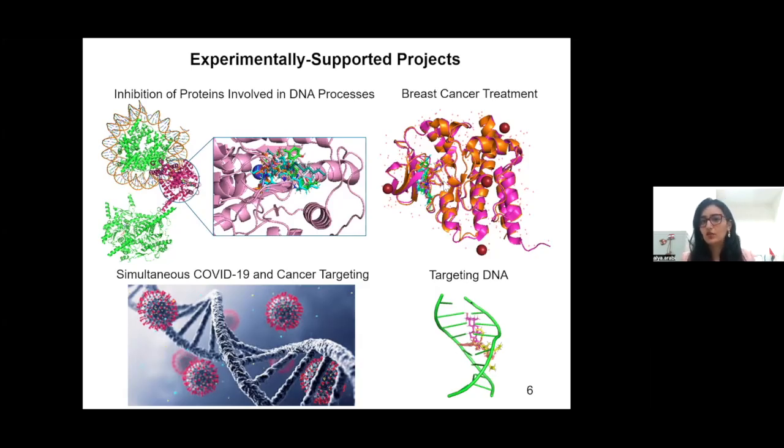And this is subject to intellectual property, so I cannot reveal much about the drug itself. The third project is a project where we were simultaneously targeting both cancer and COVID-19. And this is a project that is done basically based on drug repurposing. And also here we have reached very interesting, very novel treatments that are also subject to IP protection at this level. The last one that we also have very good experimental support for is molecules that are binding as major minor groove binders, but also as intercalators between base pairs.